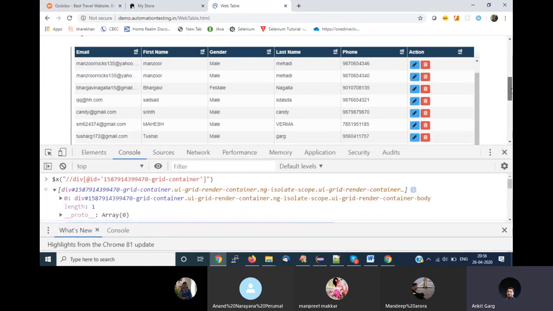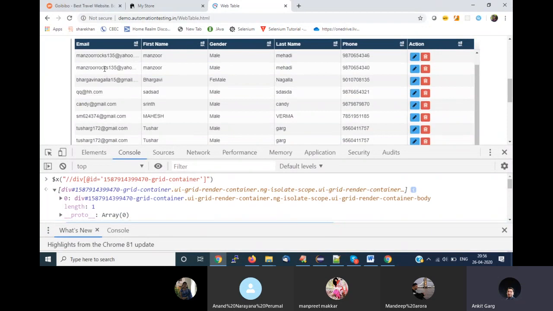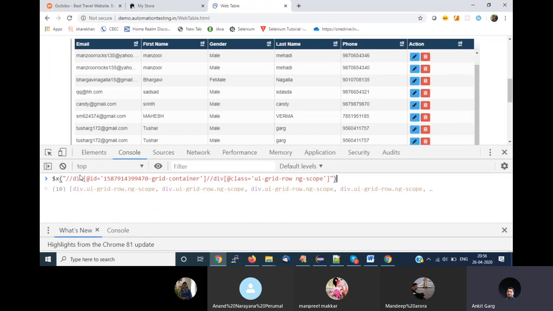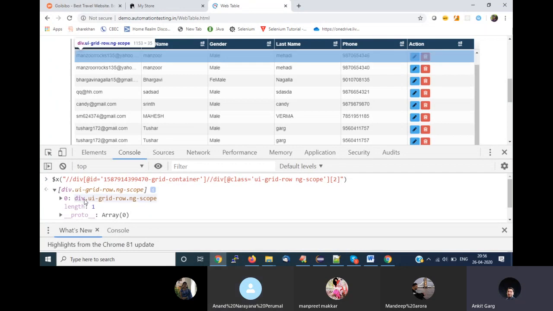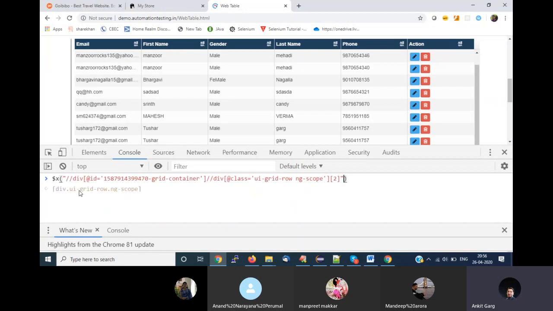What is the second operation? Let's say you want to read the value from your second row, right? Your element is same, but you want to get a value for second row only. So again, this is some method of writing an XPath. Again, this will be explained to you when I come to your XPath methods. But if I give the index here directly, it will give me only that value for that particular element. So that means it will give me for second row. If I change the index value to 3, it will give me the value only for the third one.